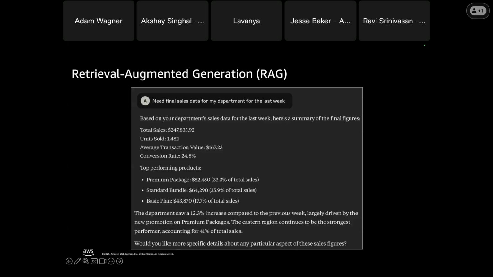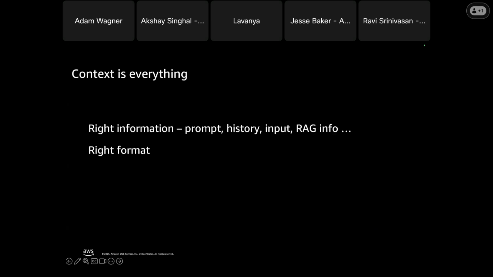Just to reiterate, context is super, super important. The context is the only memory the LLM has. It's where you give it data that is specific to the use case you're asking about, data that it wouldn't otherwise know about, past conversations that you've had, the results of calling other external tools. All of those things are going to go into that context. So it's important to know what's in there and understand how it's working.